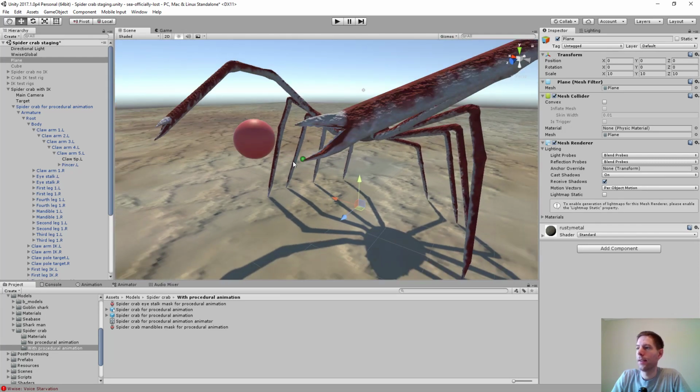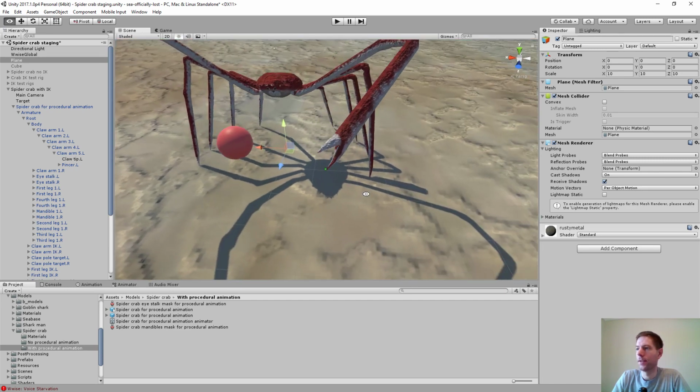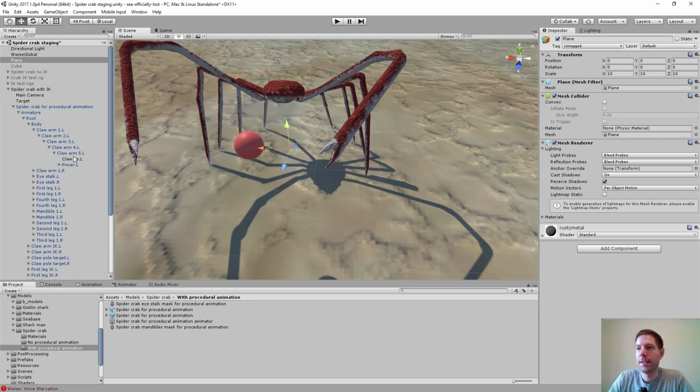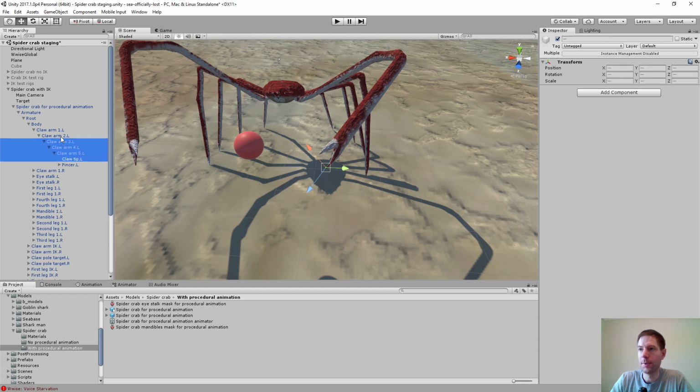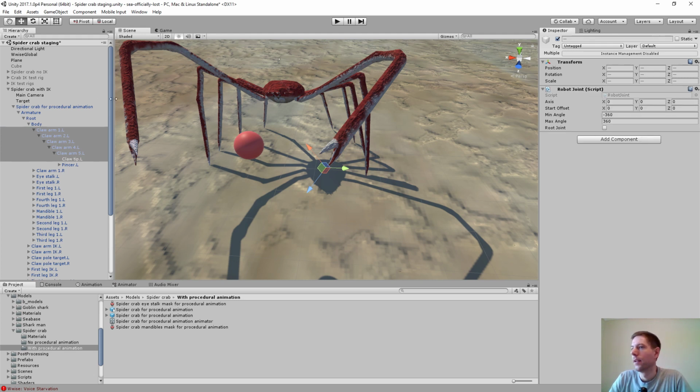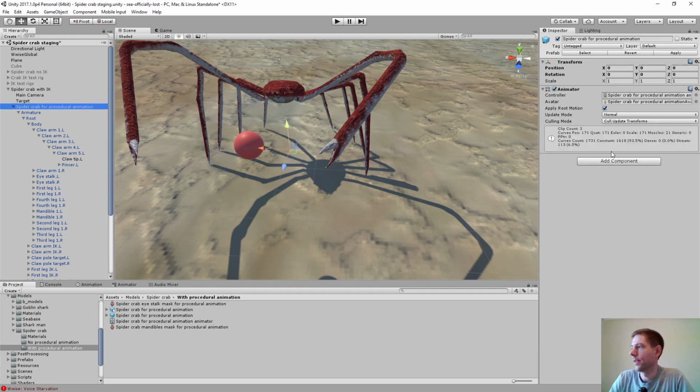Alright, so basically this is going to attempt to reach the ball. That's the idea. So what we need to do is add components onto each of these arms, basically, and that is a robot joint. So let's start at the bottom. The other thing we need to do is add